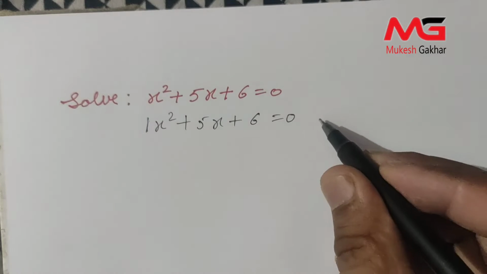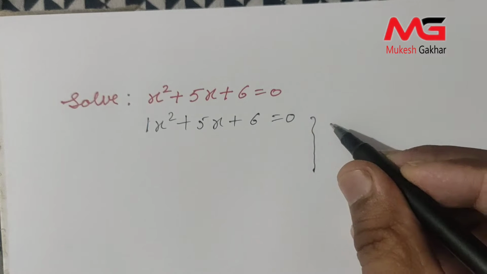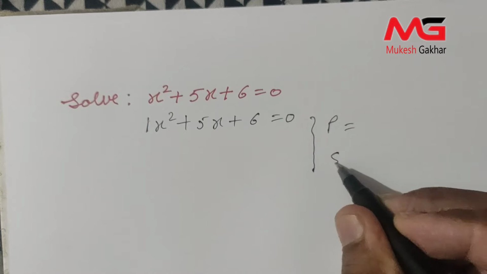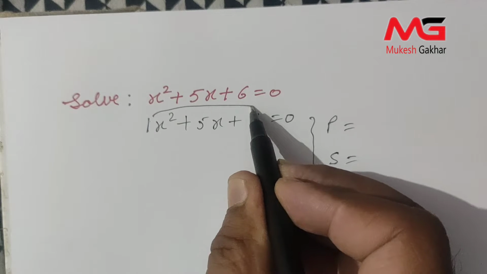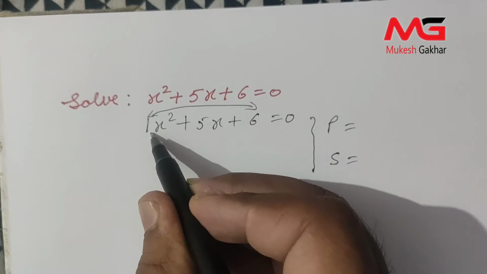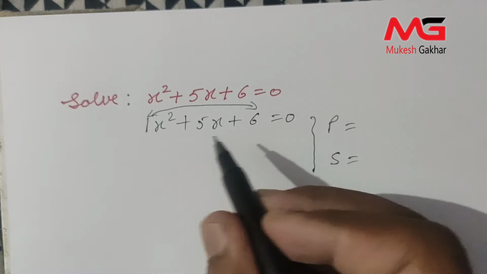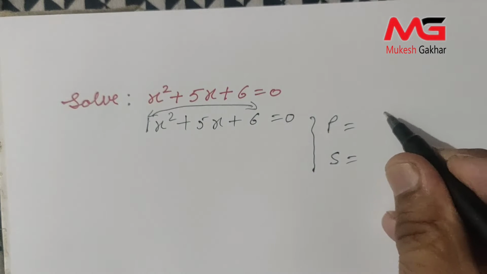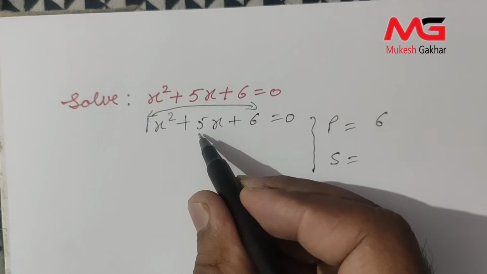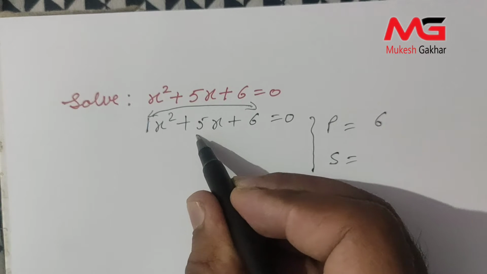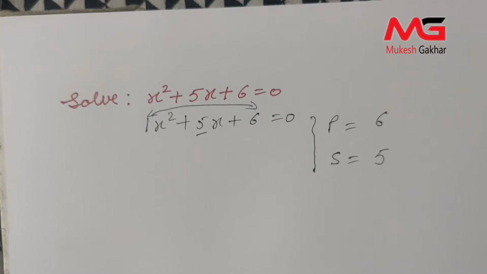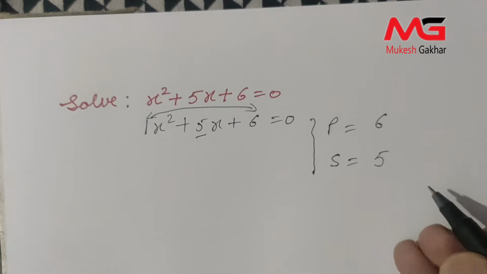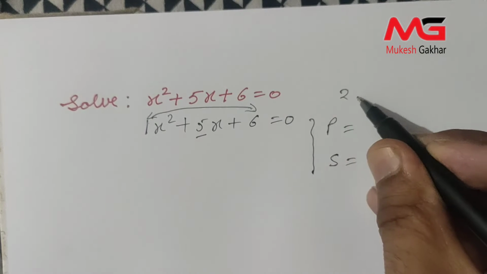Now we have to think of two numbers so that the product is first into third, means 1 multiply 6 is 6, and the sum should be the center, or coefficient of x, that is 5. So you can think of two numbers so that the product is 6 and the sum is 5. You will find 2, 3,